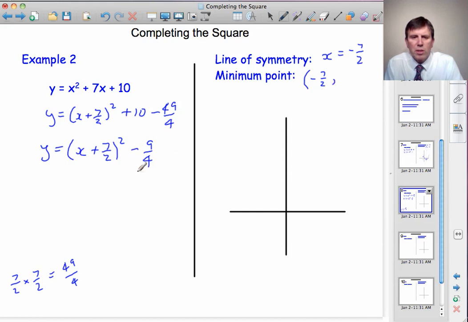The y-coordinate is simply this minus 9 over 4, which occurs when the bracket is 0. Line of symmetry is at minus 7 over 2, so over here somewhere. So minus 7 over 2, and the y coordinate down here at minus 9 over 4,